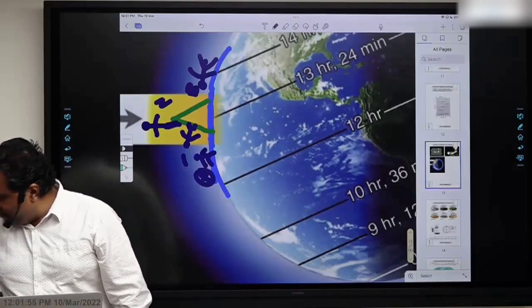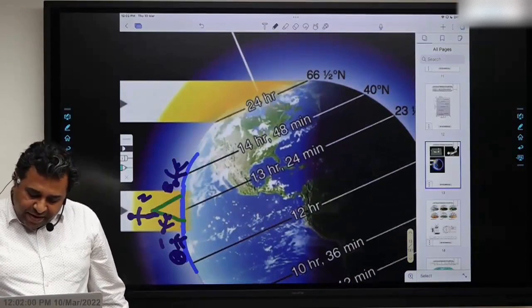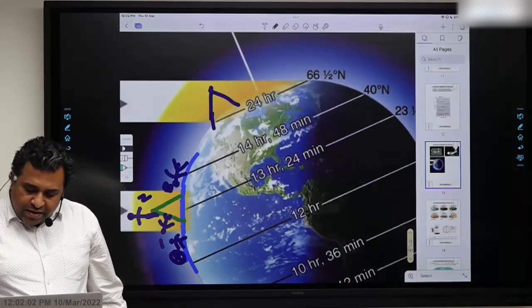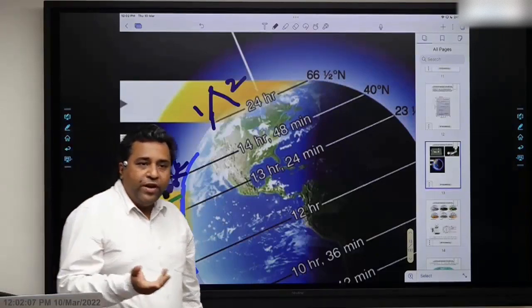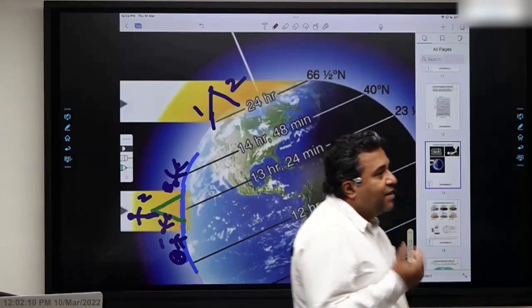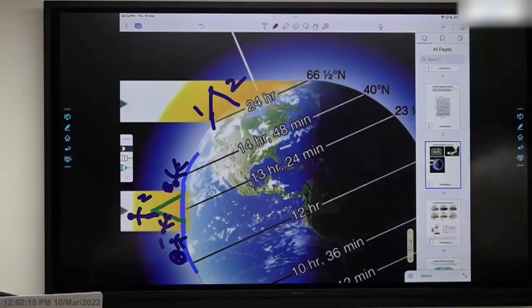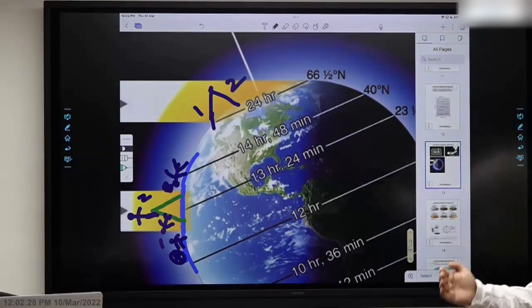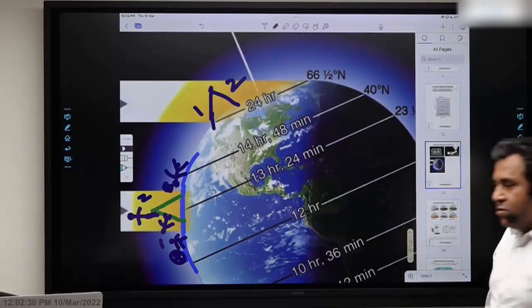Now what is the second one? Aspect. Aspect क्या होता है? Suppose the mountain is this side and there are two slopes of the mountain, 1 and 2. Which one will receive sunlight? 2 will, despite the fact that the angle with respect to the ground is the same. Diagram में देखो, both slopes have the same angle, but 2 will receive sunlight. This is aspect. One is the sunny side of the mountain, the other is the shadow side, so that will not receive the sunlight. ठीक है? So this is slope and aspect effect.